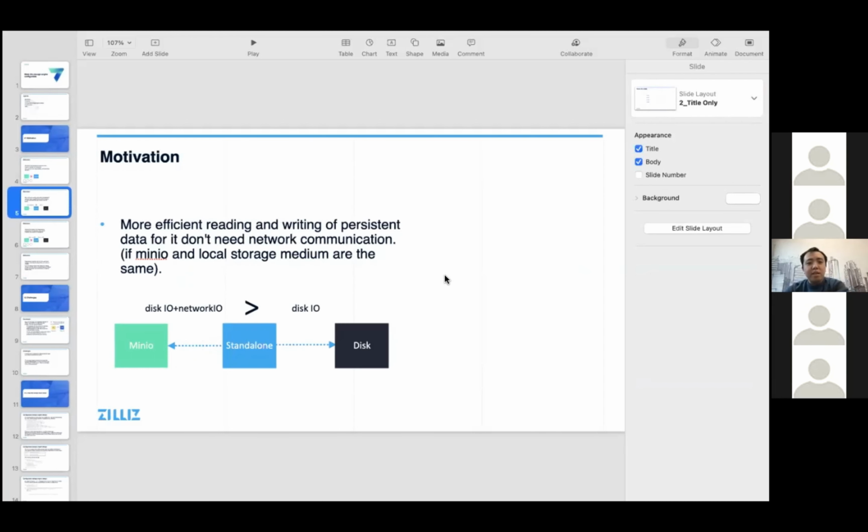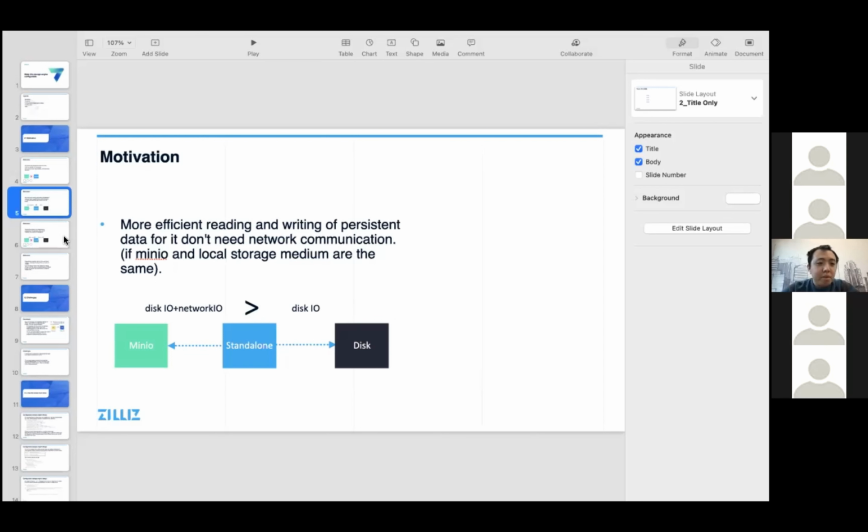The first is more efficient reading and writing of persistent data, since it doesn't need network communication. If MinIO and local storage media are the same, for example if your MinIO is on SSD and this is HDD, this may not be correct. But if you use SSD for both MinIO and disk, the disk reading and writing performance will